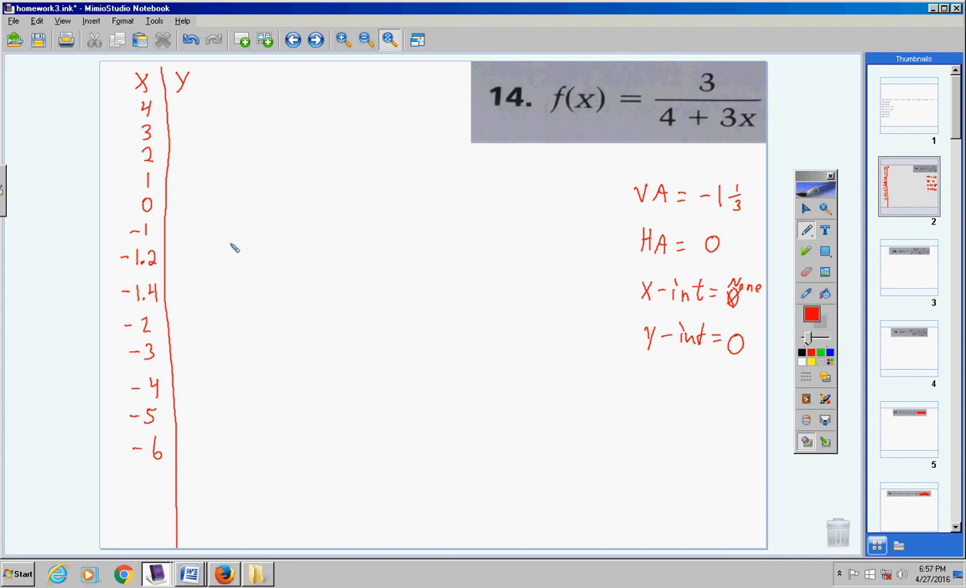Let's see, we're going to negative 6. Negative 6 gives me negative 0.21. Negative 5 is negative 0.27. Negative 4 is negative 0.38. Negative 3 is negative 0.6. Negative 2 is negative 1.5. Negative 1 is 3. 0 is 0.75. 1 is 0.43. Of course, I'm rounding these. 2 is 0.3. 3 is 0.23. And 4 is